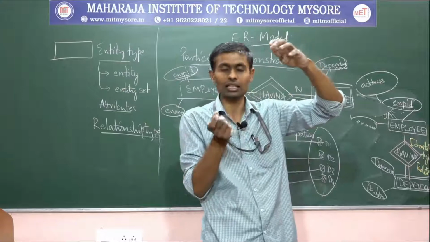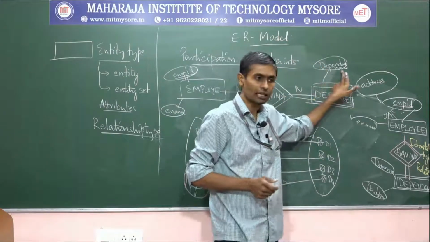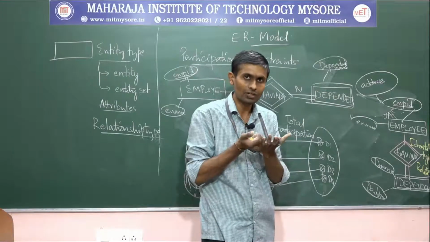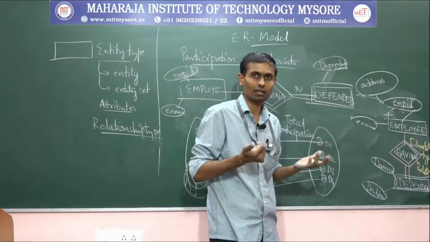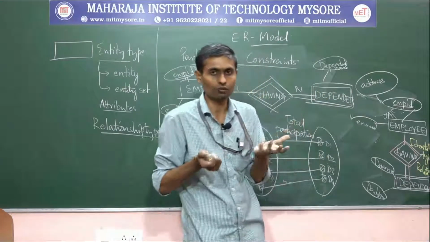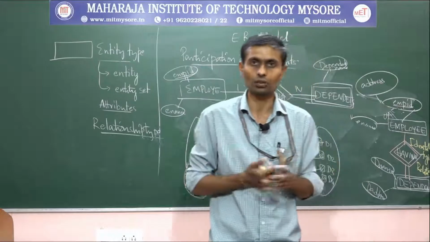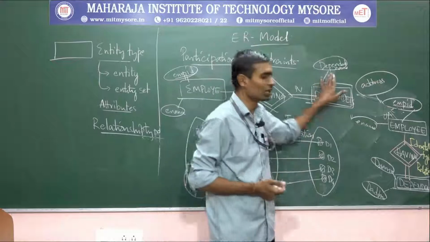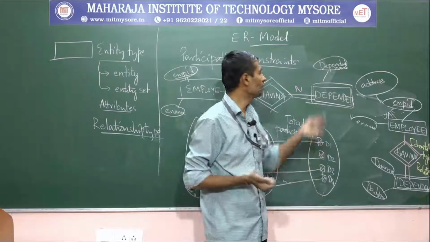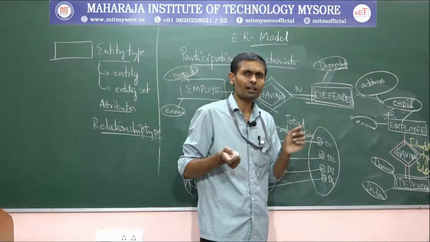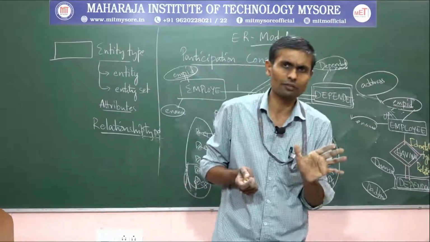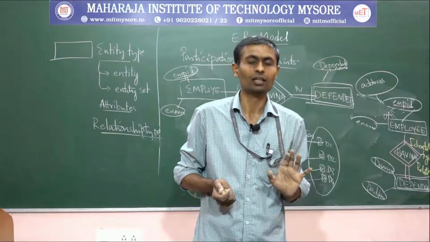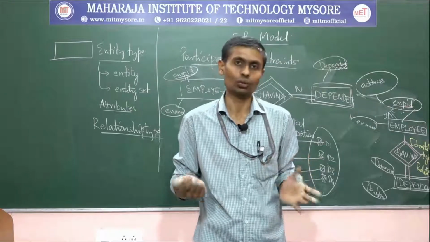That means each dependent is identified based on the dependent name, but it doesn't always give a guarantee for the relationship it is building, as what we are achieving. That means dependent name as a key attribute, where we can identify each dependent uniquely, may break down at any point of time, right? So such keys we call by the name partial keys. A partial key is one which works for that particular moment of time, but it doesn't always guarantee that with its help you can identify the instances uniquely, right?